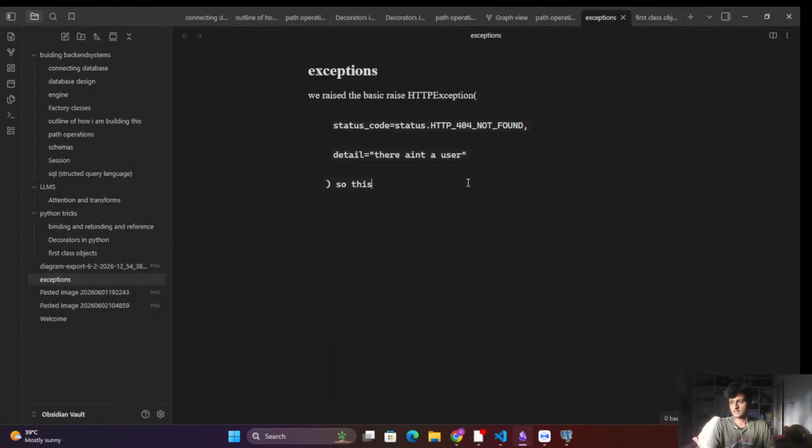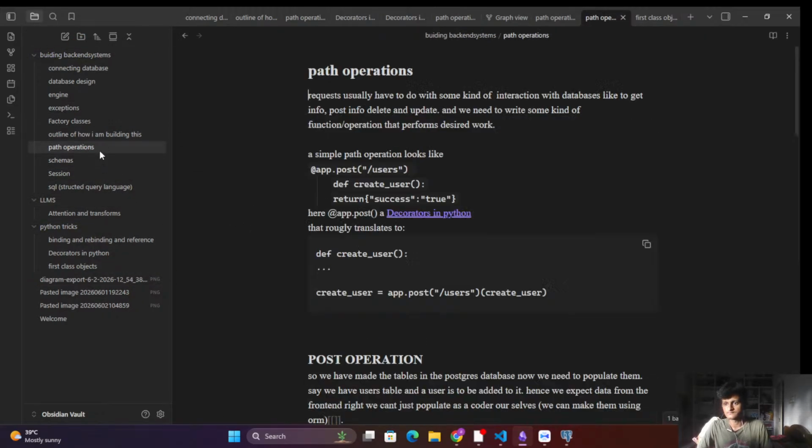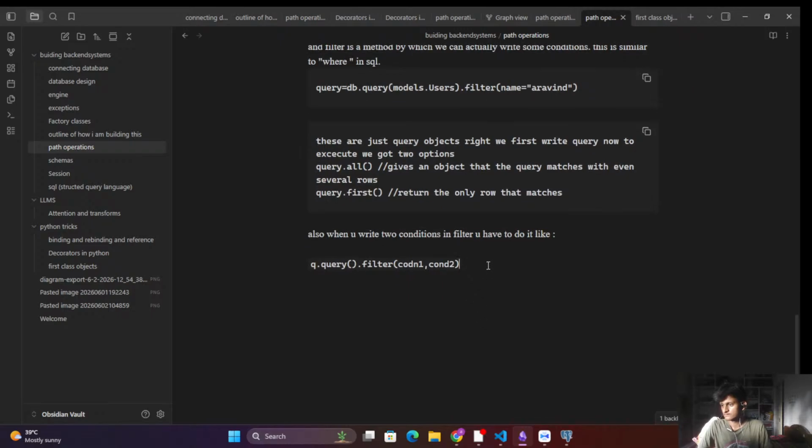So this sends the error message back to the front end. So that's what we always wanted. Key path operations, also use